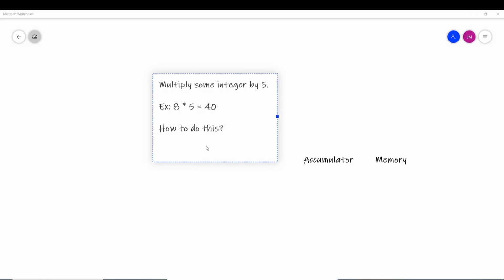One possibility is to add. So if I have 8 plus 8 plus 8 plus 8 plus 8, we get 40. So we could put our number first in memory, then we could put it in the accumulator, and then we can add from memory. We can add another 8